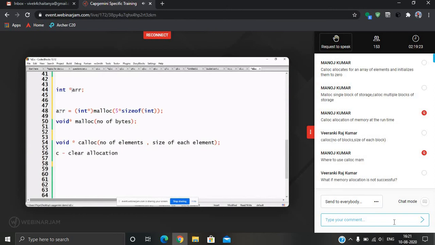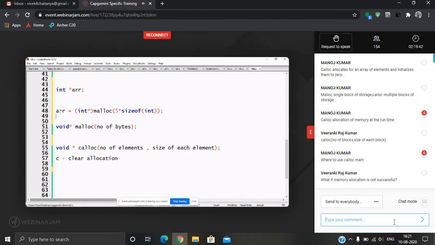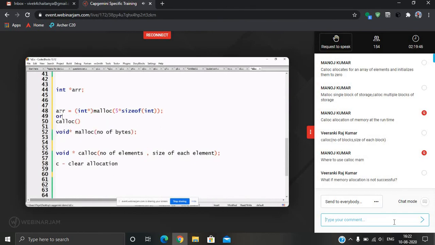Right? So this array is a pointer, but this is pointing to the array. This is a pointer. This array points to a continuous block of memory, so that we can call this an array. Right? Okay. Now, this is the version for using malloc, and that calloc means, see, you can do either malloc